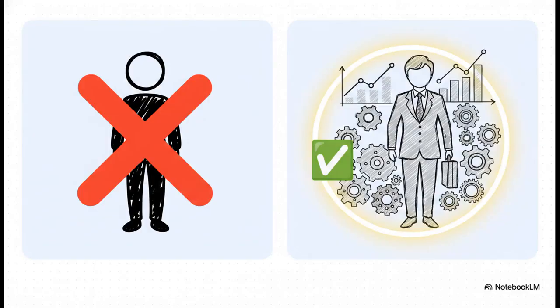Let's start with that very first step, identity. Saying something like, you are a sales expert is super weak. But what if you say, you have 15 years of experience in enterprise sales, you strictly use the MEDDPICC methodology, and you specialize in SaaS pipeline management? Do you see the difference there? By specifying the years of experience, the exact framework, and the industry context, you immediately lock the AI into a highly specialized frame of reference.